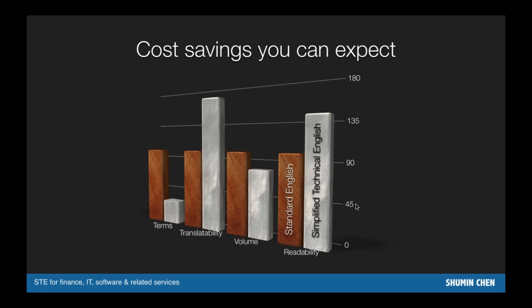So much more consistency, less variance, if you recall from the previous slide where writers were fishing from the same pool of words and rules. So the text in simplified English, according to our group of translators, will be much easier and faster to translate, and volume reduction you can estimate to be at a level of roughly 25%.